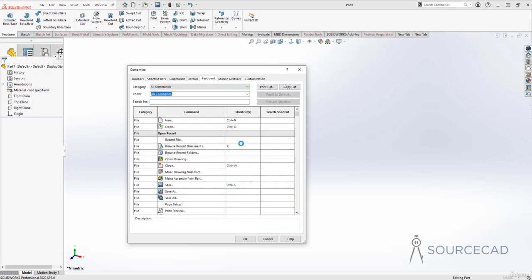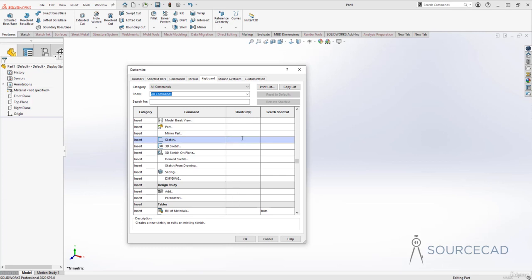Then we have the keyboard shortcut, kind of an interesting thing here. So all of these are the shortcuts associated with these commands, and you can clearly see that we have the browse recent document associated with the R short key, and there are several other short keys associated here, but not every command has its shortcut. So if you want to assign a shortcut to any of the commands that you very frequently use, for example, maybe for a sketch, if you want to specify a shortcut, click here and then type